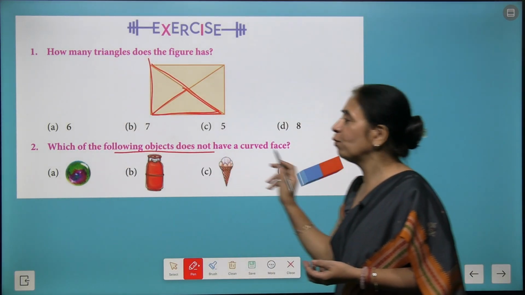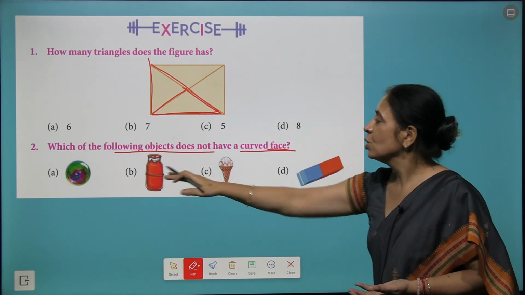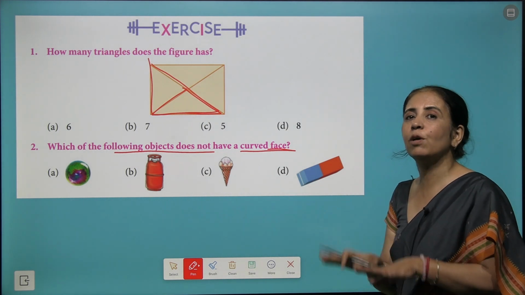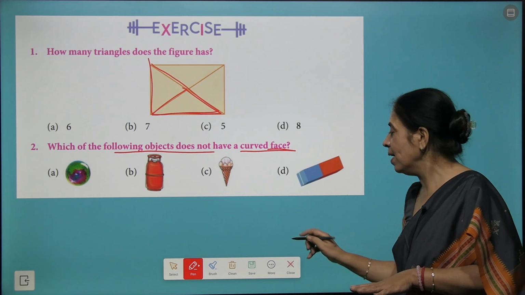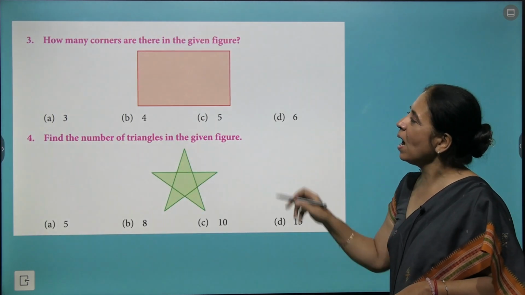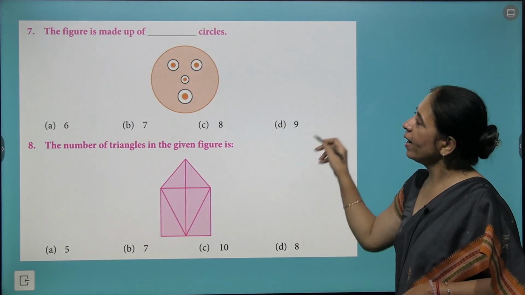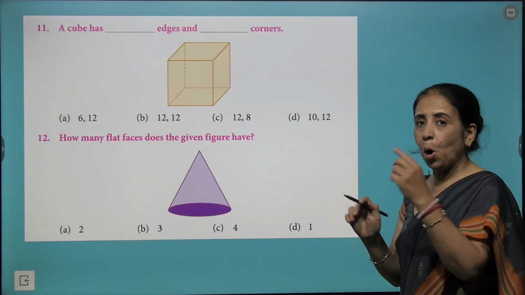Next question is, which of the following objects does not have a curved surface? So out of these objects, can you chalk out which surface is only flat and no curved surface is there? Your time begins now to look at these questions carefully and find the number of triangles, squares, rectangles, and observe